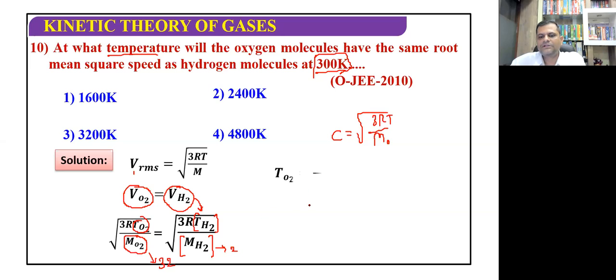So once we put all the values, we can simplify this further. We can cancel out this square root by squaring both sides, and also this 3R will just get cancelled, and we'll be left with TO2 is equal to